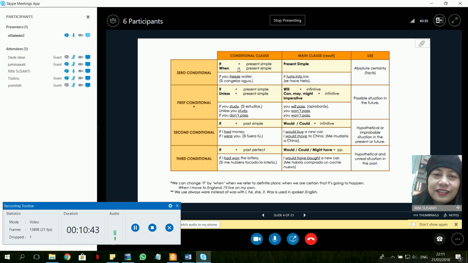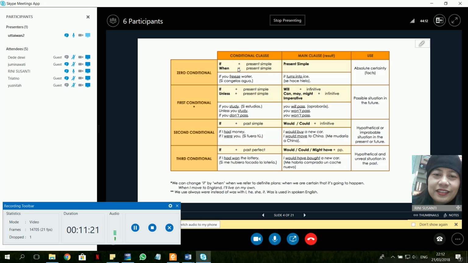For example, if I had money, I would buy a new car. Dia menggunakan pengandaiannya itu menggunakan past tense. Betul sekali. That's great. So, starting from the second and third conditional, we have to make the fact. Usually the fact is contrastive, the opposite of the conditional. Biasanya faktanya untuk yang kedua dan ketiga itu on contrary with the conditional itself.